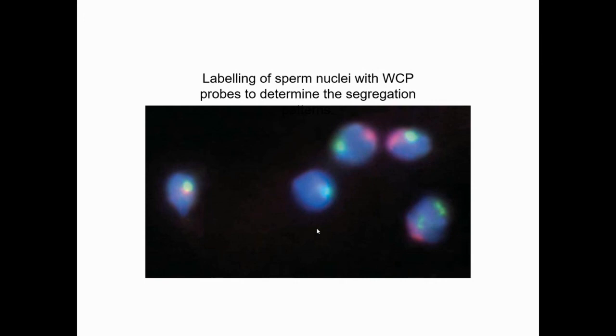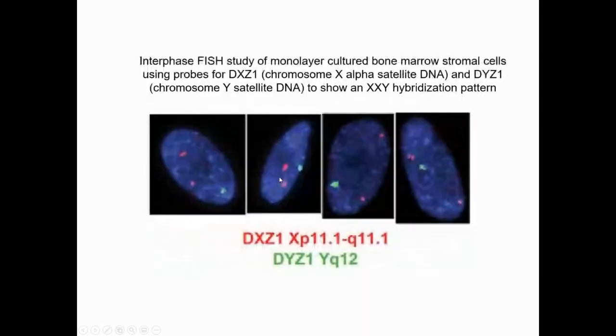So here the chromosome 13 painting probe is labeled green, and also a chromosome 22 painting probe is labeled in orange. Okay. And this is another example of interphase FISH,